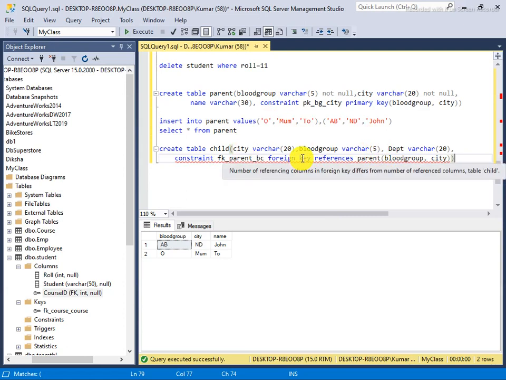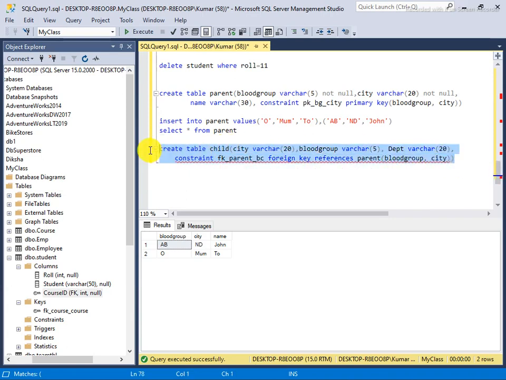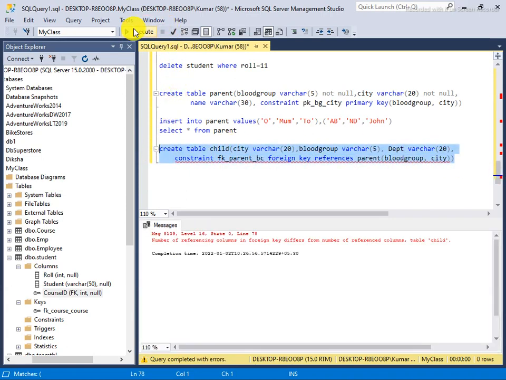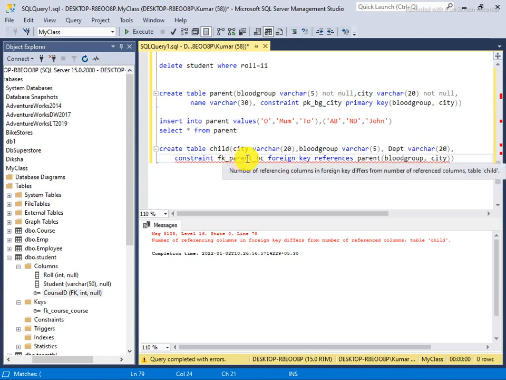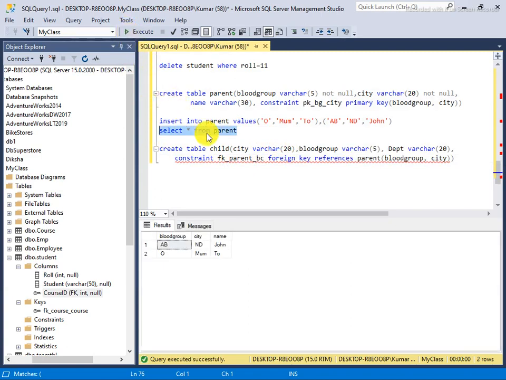Is something wrong? Let us execute, then try to evaluate this. Constraint foreign key, blood group and city.